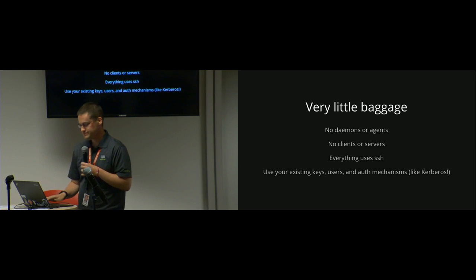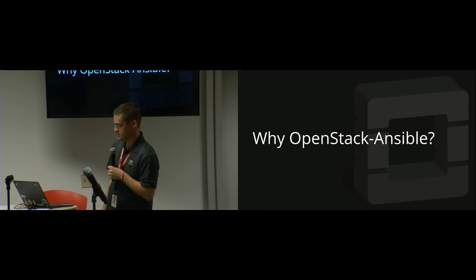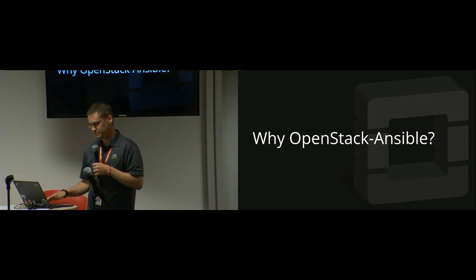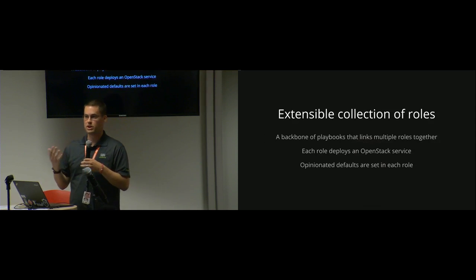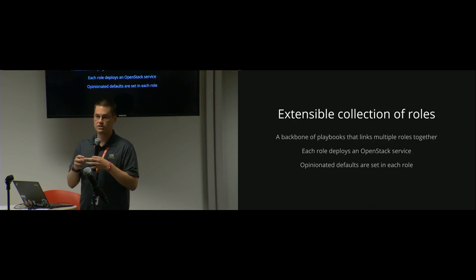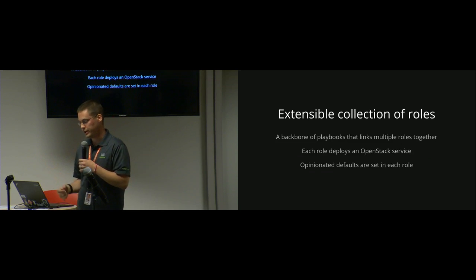And so finally we get into why OpenStack-Ansible. So why should we care about OpenStack-Ansible at all? And what is it? So to answer the what is it question, it's basically a collection of roles. So we talked about roles are just a whole bunch of tasks that go together that do a certain thing. So with OpenStack-Ansible, we said, hey, wait a minute, why don't we have a role for every OpenStack service? So have a role for Nova, have a role for Keystone, have a role for Neutron, and then have playbooks that tie them together. So we say, hey, if you configure an environment in this way, we need to have all these services deployed in this way.